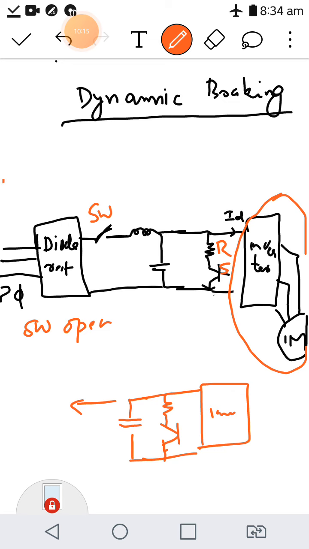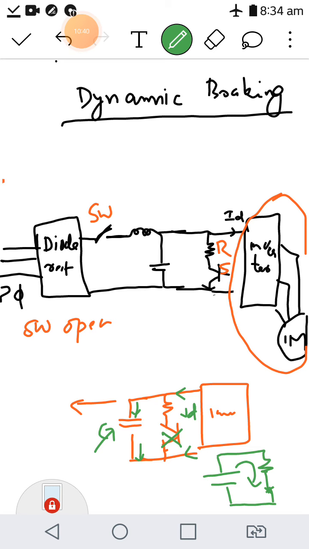So what happens is that, based on the voltage generated here, the capacitor charges to that particular voltage. Capacitor is going to charge. When the capacitor voltage reaches a particular value, this switch is closed. Immediately, when the capacitor reaches a particular value, the switch is closed. When the switch is closed, what happens? The voltage across the capacitor is immediately dissipated in this resistor.